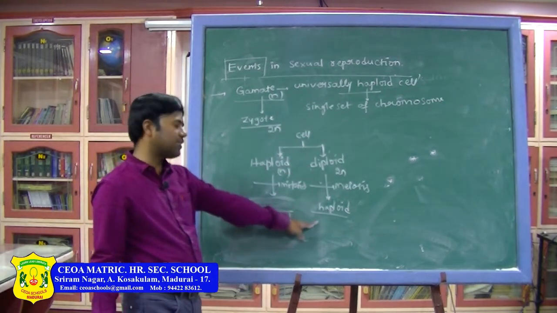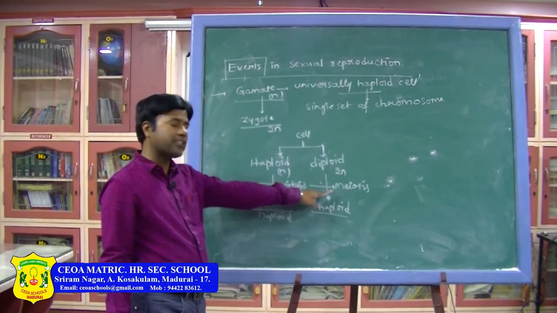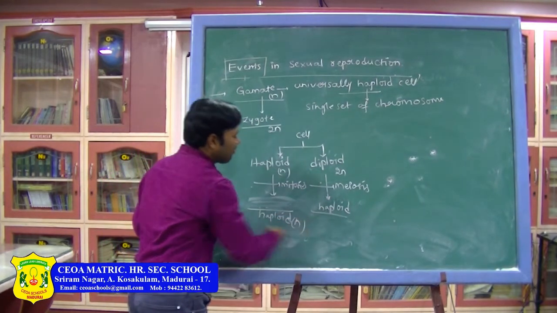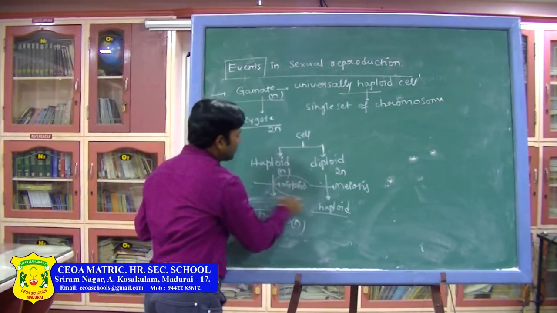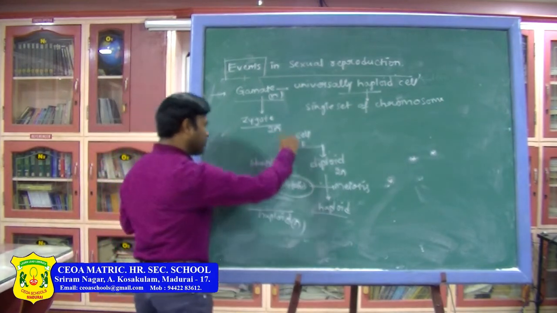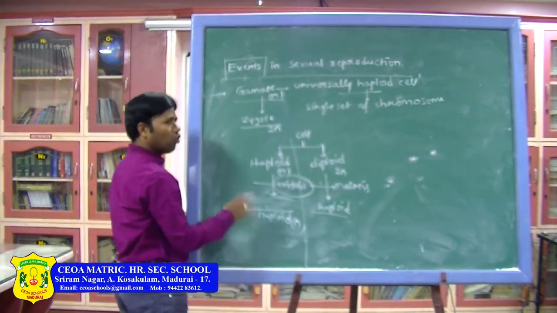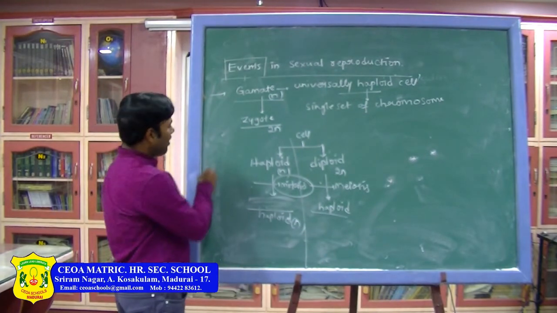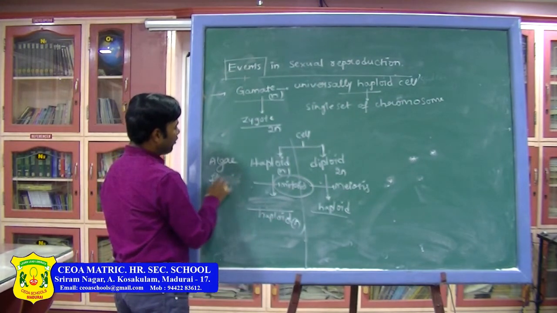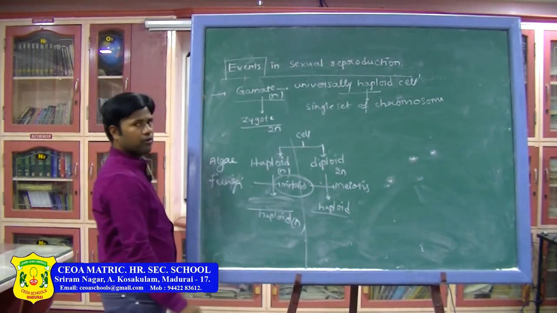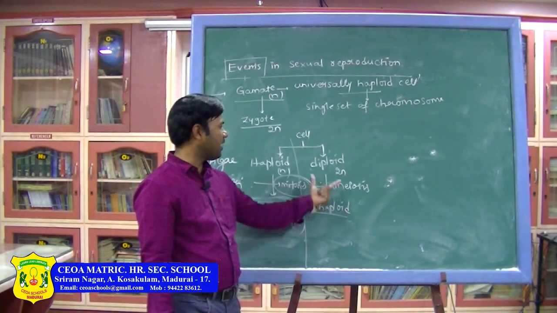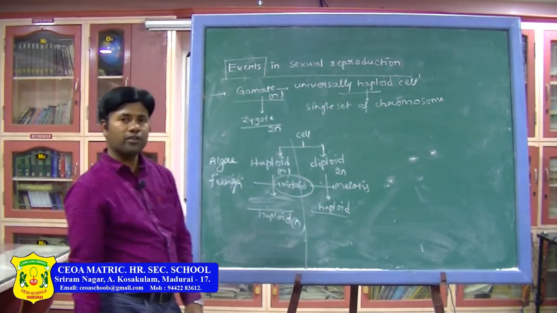From the diploid cell, if you get the haploid, which cell division is taking place? Meiosis. From the haploid cell to again a haploid cell, that is n, a single set of chromosomes, if you get, which cell division is taking place? Mitosis cell division is taking place. Where do you observe this type of division? In lower organisms like Monera, Protista, algae, a few fungi, bryophytes. Remaining, gymnosperms, angiosperms and even pteridophytes. Like that, this type of cell division you can see.